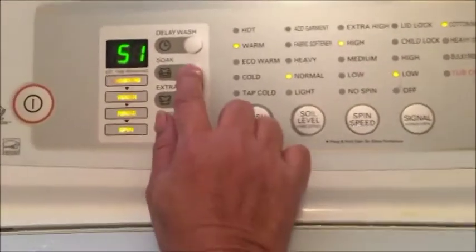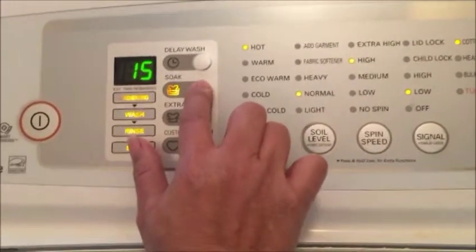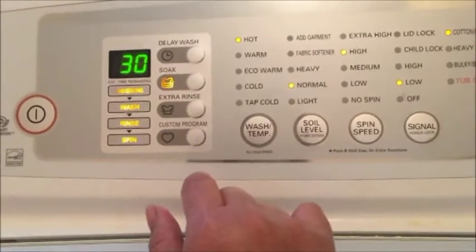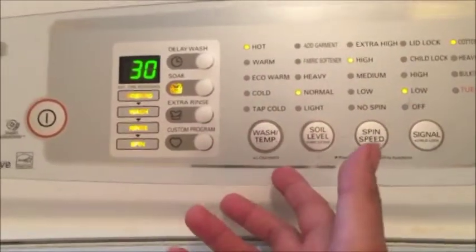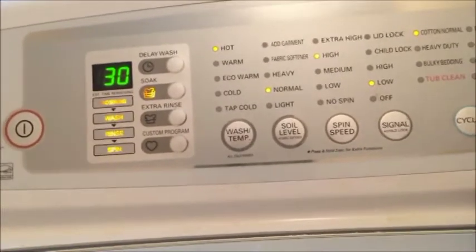I'm going to put it to hot temperature and then soak it for, I'm going to make it 30. I don't have 20 minutes, so I'm going to do 30. And that one. And as soon as the water